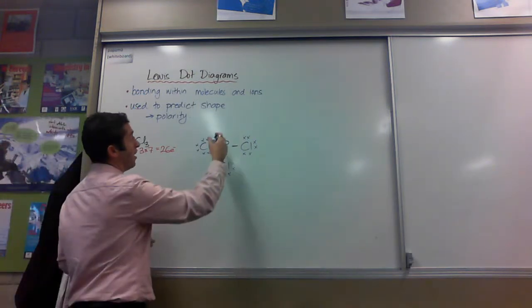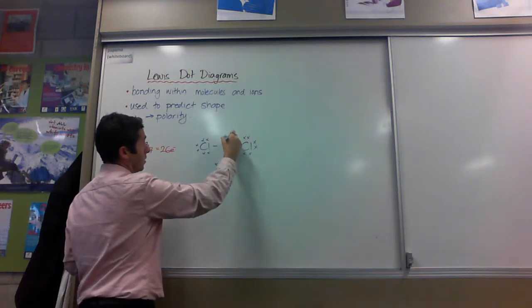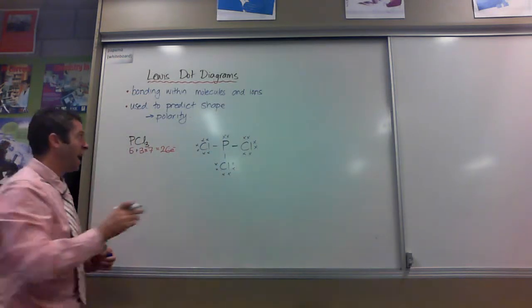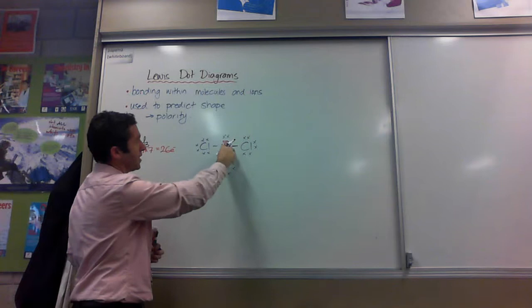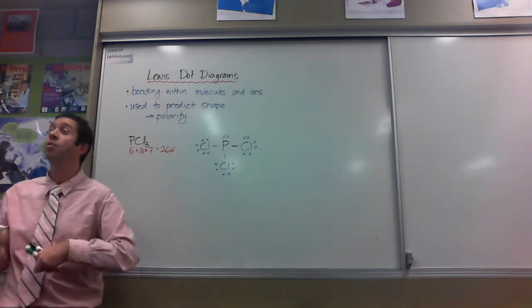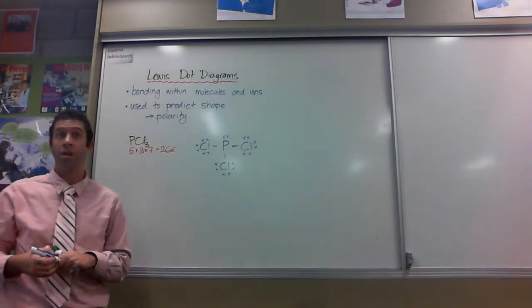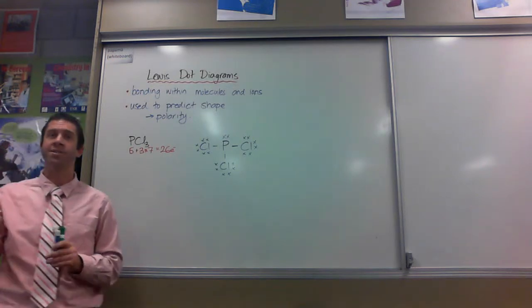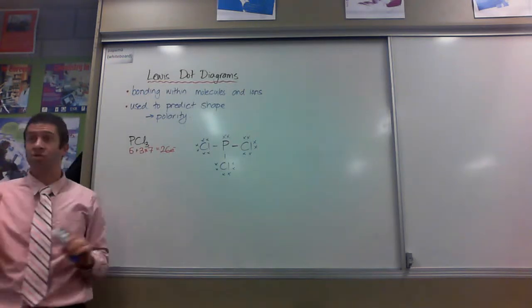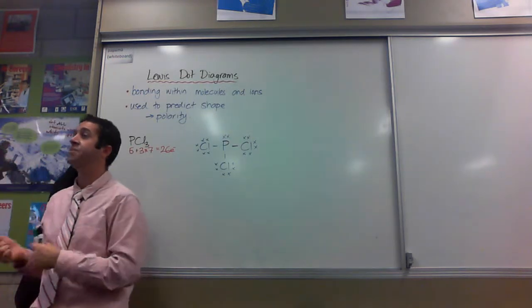So I'm going to put them around phosphorus, and I pair them up. And now I've got 2, 4, 6, 7, 8 around phosphorus. It also obeys the octet rule. So I tick off my 2 things. One is that I've got the right number of electrons, and number 2, that every atom is obeying the octet